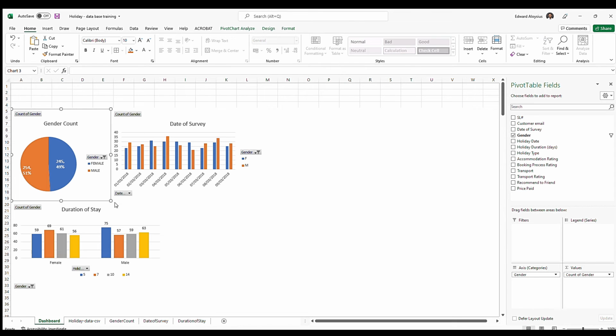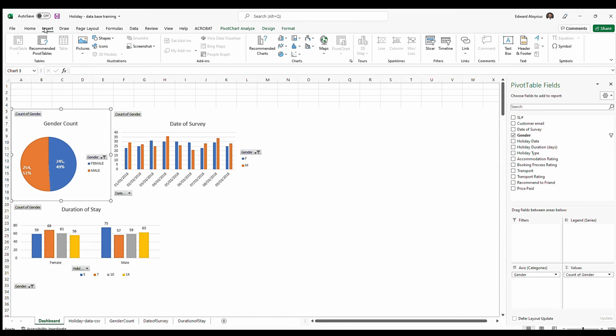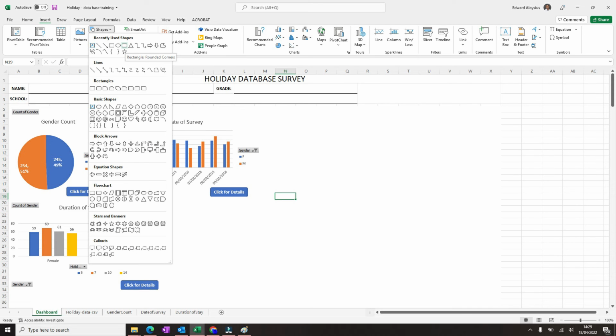There is no option there that way, so what we'll do is we will add a button on each of these charts. So when we click on that button, it will take us to the respective pages. To do that, you click on Insert and go to Shapes. You will see various shapes that you have. I'm going to use this one, rectangle with rounded corners. Click on that